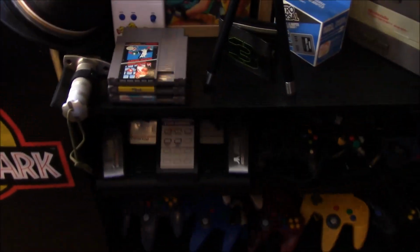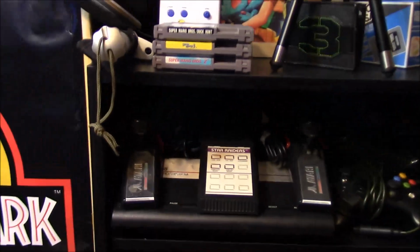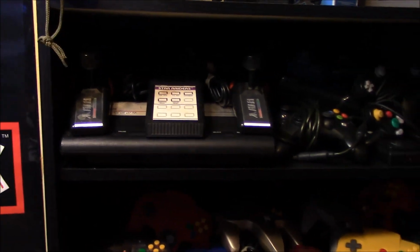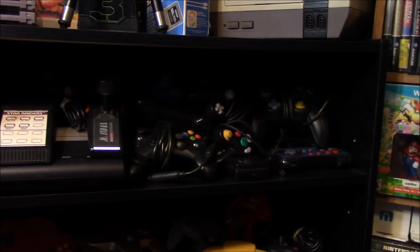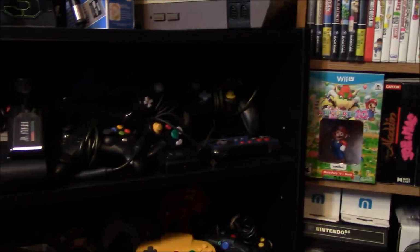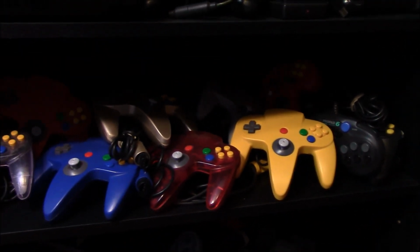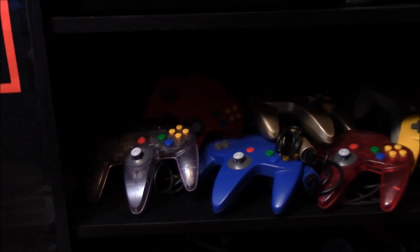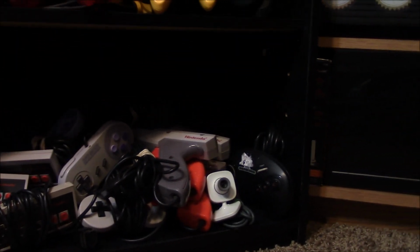Coming down here, this is where I keep some of my extra stuff. I'm going to get a better light here real quick. This is my Atari 7800, which I actually currently have no games for. I've been looking for quite a few of them. We have the Acclaim wireless controllers for the NES over there. Coming down here, that's all my N64 controllers and a couple Sega controllers. And down here we have my huge stash of NES controllers and Super NES controllers and a couple more Sega